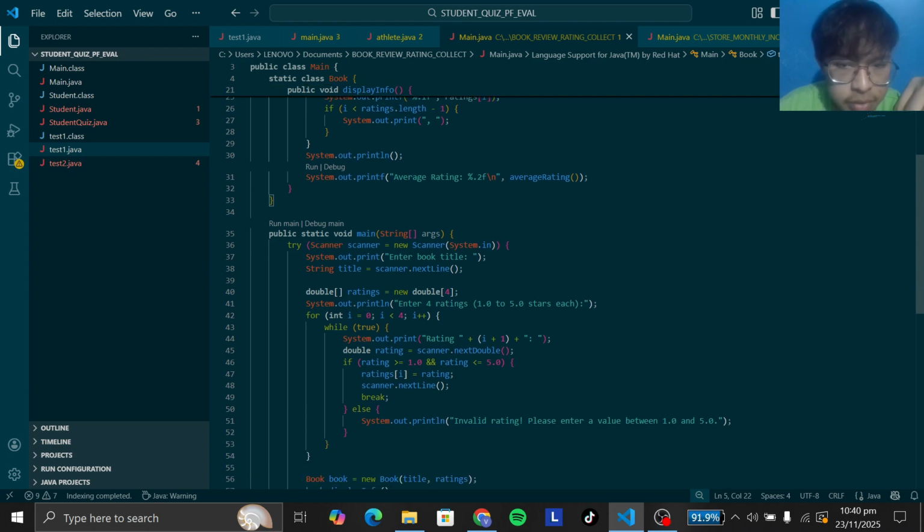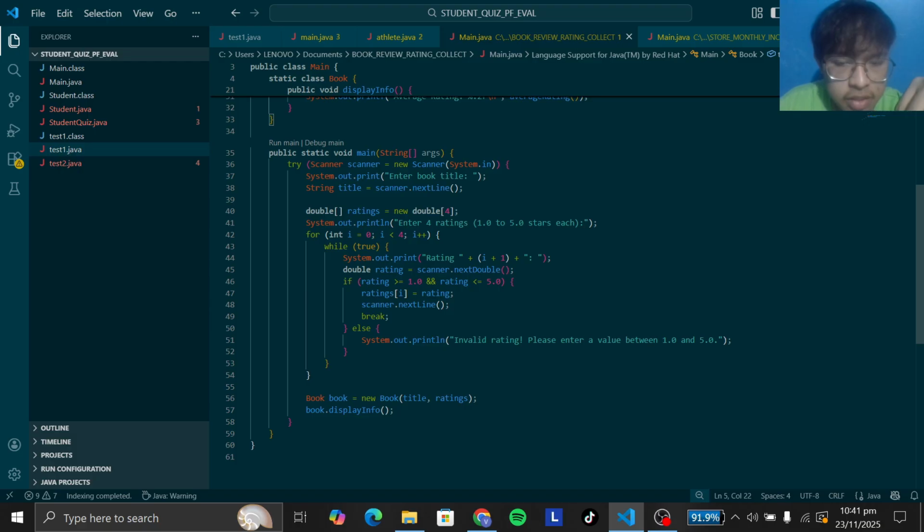It prints the book title, the list of ratings, and the calculated average rating in a nicely formatted output. This step brings together all the collected data and computations, and provides the user with a clear summary of the book rating. So that is the explanation of how this program works.